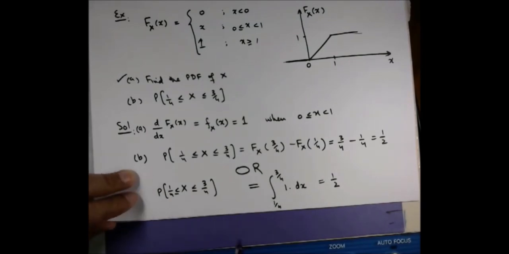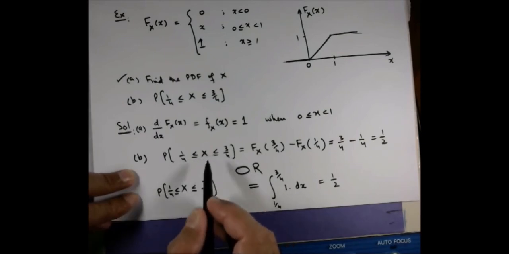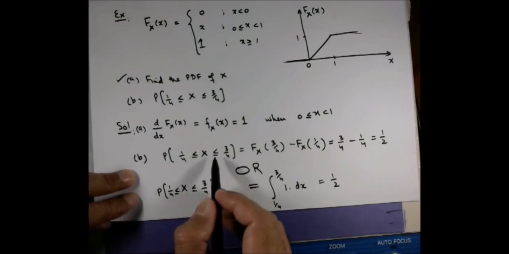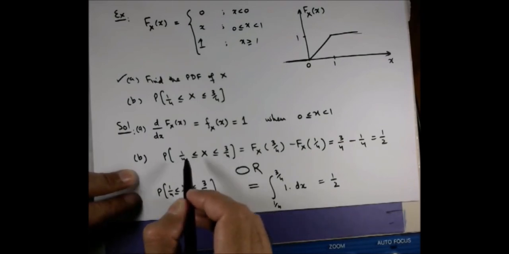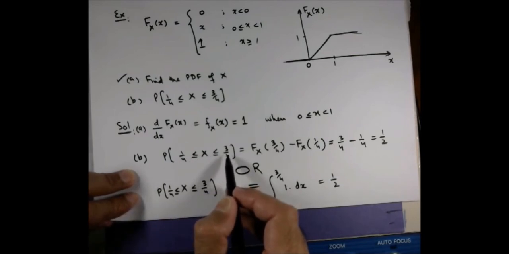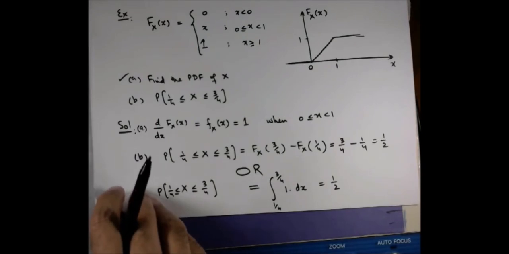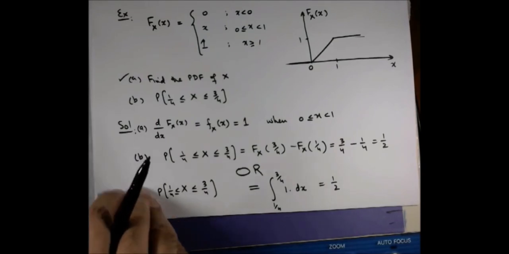Always remember, the inequalities, whether loose or strict, behave the same way for continuous random variables. So I could have easily written this as the probability that x is greater than 1 by 4 and less than 3 by 4, or x is greater than or equal to 1 by 4 and less than or equal to 3 by 4, and so on, as I have already told you. So this is now easy for you to grasp.